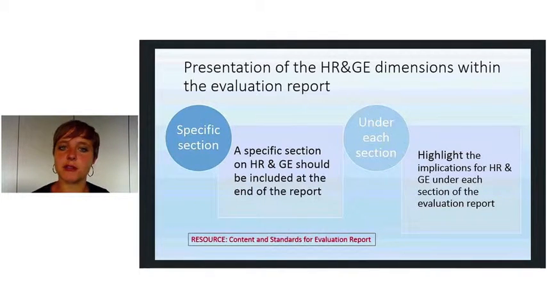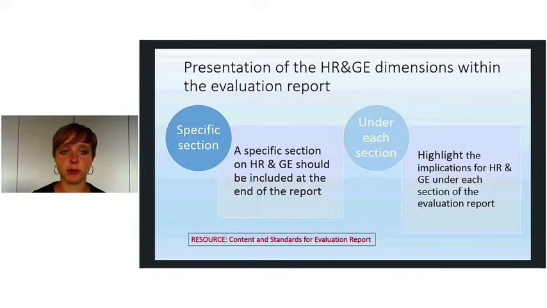Based on the UNEG standards for the evaluation report content, here's a brief discussion of some human rights and gender equality considerations that could be included in each section. The main idea here is that each section should include a discussion of what role human rights and gender equality play in that specific aspect of the evaluation. For a full breakdown of how to highlight these implications in each section, please download the resource Content and Standards